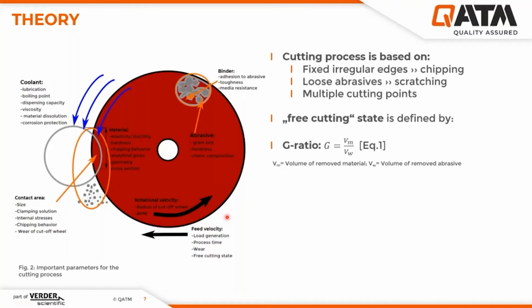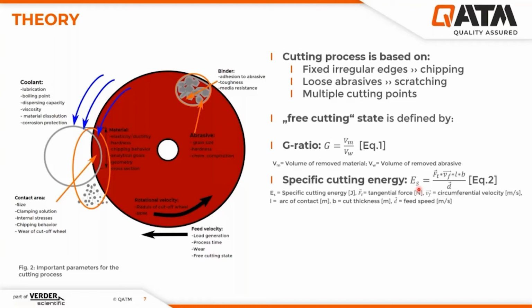The widely known G ratio, which is a parameter for the longevity of the cutoff wheel, which in principle just is the volume of the removed material divided by the volume of the removed abrasive per cut, does not vary much in the free cutting state, but it does vary, and therefore we should see a decrease or increase in energy. To understand this, we have to have a look at the so-called specific cutting energy, which is not the total energy measured during the cutting,